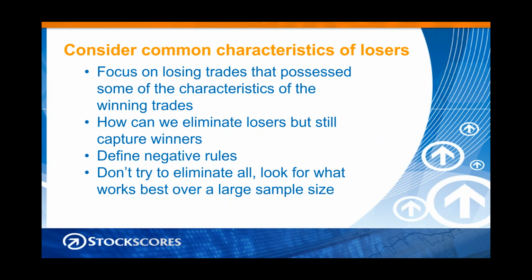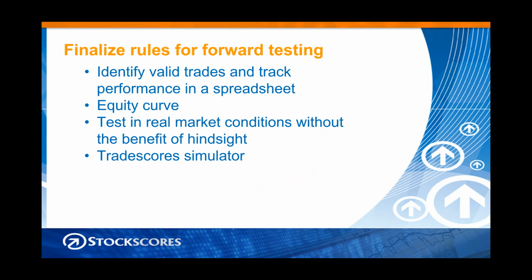So we're always trying to think about how we can maximize not only our overall profitability, but our average profitability per trade. Now, once I have developed my rules, I then start to test them with forward testing. This is trading without the benefit of hindsight. You know, when we're back testing, there's a bias there.